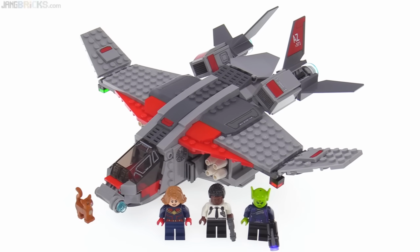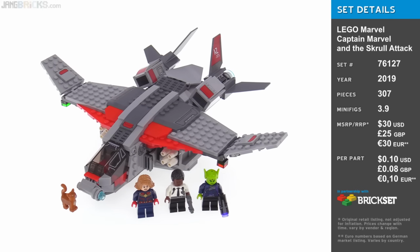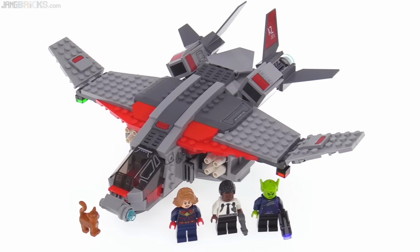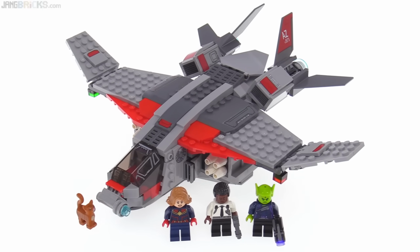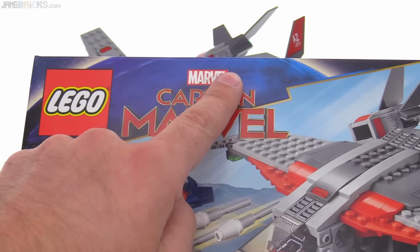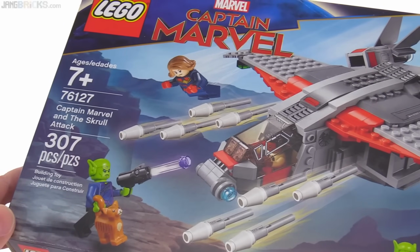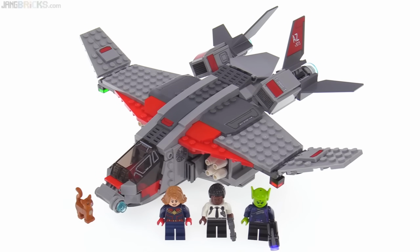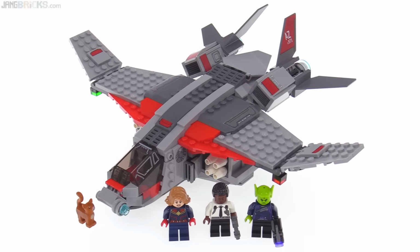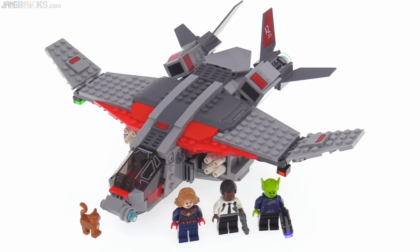Hello everyone, this is the LEGO Marvel Captain Marvel and the Skrull Attack set. It gets me every time. Marvel, Captain Marvel and the Skrull Attack set. I swear, that's actually what it is. Check it out. LEGO Marvel, Captain Marvel and the Skrull Attack. I didn't make it up. That's the proper name of the thing. Lots of funny naming stuff these days. Well, that's what it is, and most of what you pay for here is a rather enigmatic LEGO version of